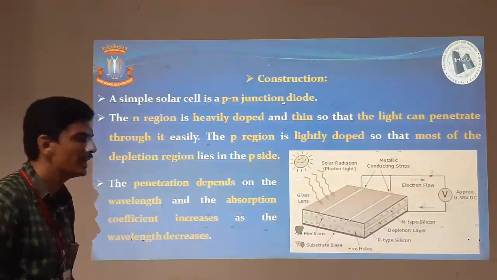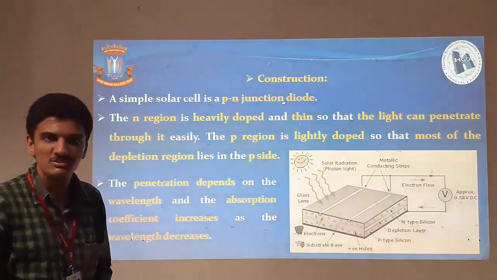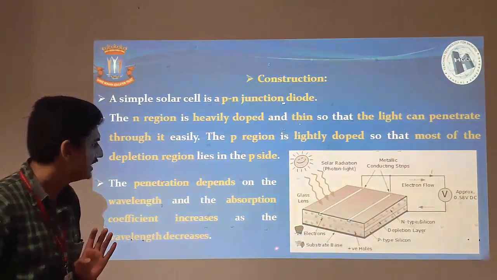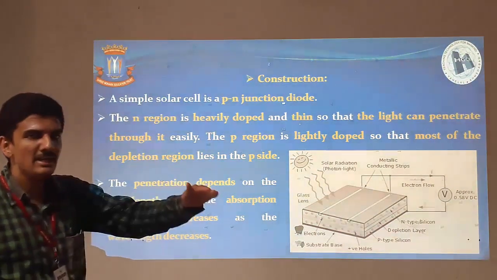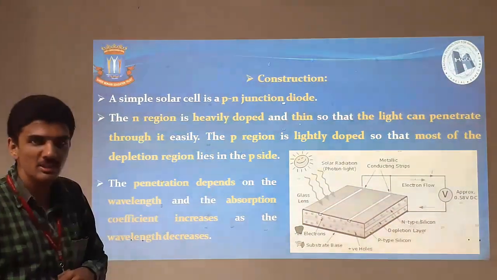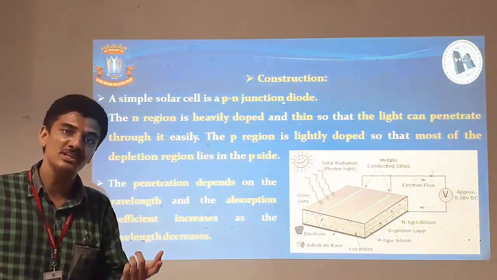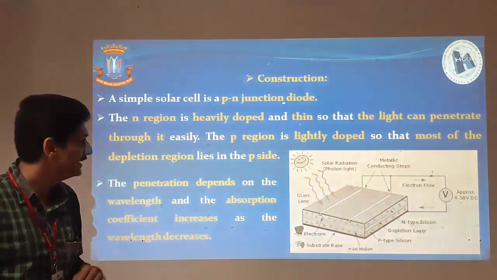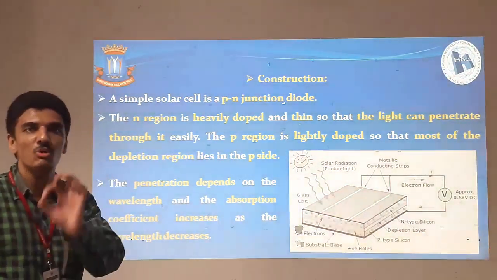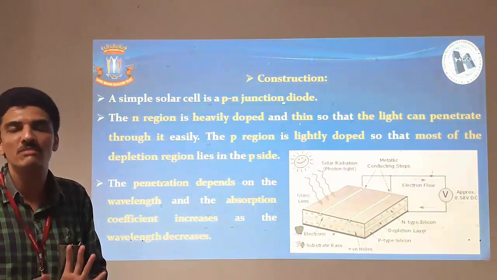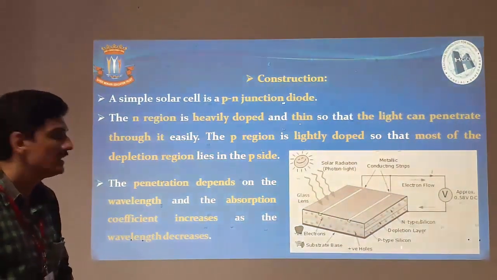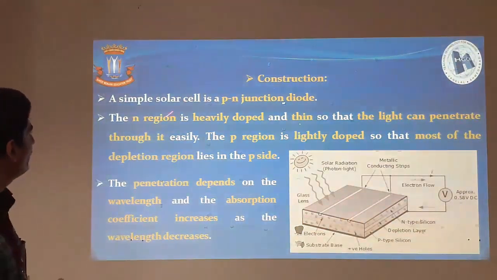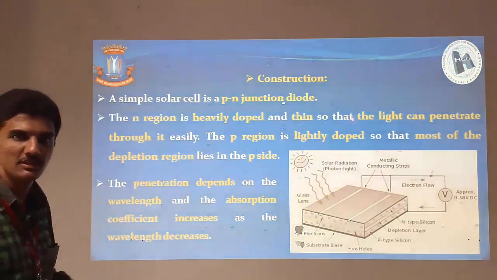So here in this image you can easily see the construction of a solar cell. It is a simple p-n junction diode, where here you can see the P substrate, here this is the N substrate, where N-type silicon is overlapped to the P-type silicon. When I am talking about the N-type silicon, remember there are majority charge carriers of electrons in this junction, and in this P-type silicon we have the holes, that means the positive charges of P-type silicon in the lower layer of solar cell. So, a simple solar cell is nothing but a p-n junction diode.